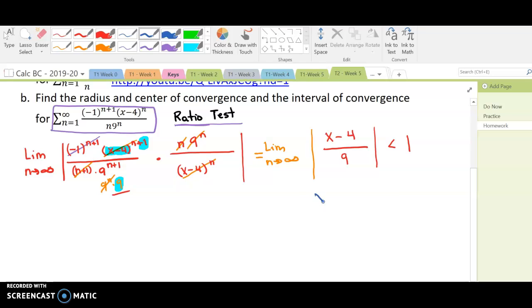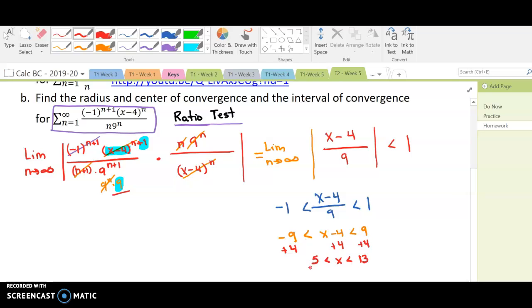And so that means that x minus 4 over 9 is less than 1, but it's also greater than negative 1, because of the absolute value signs. So multiplying everything by 9, we really have x minus 4 less than 9, which is greater than negative 9. Adding 4, x must be between 13